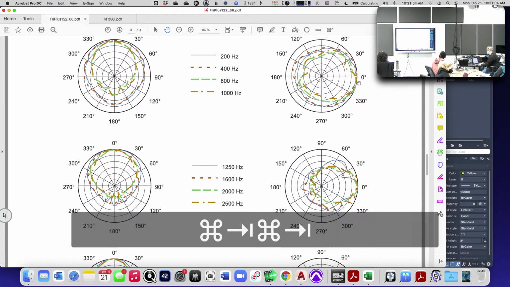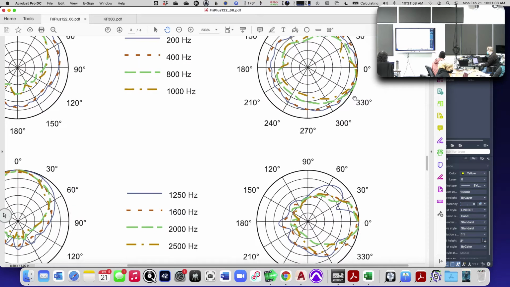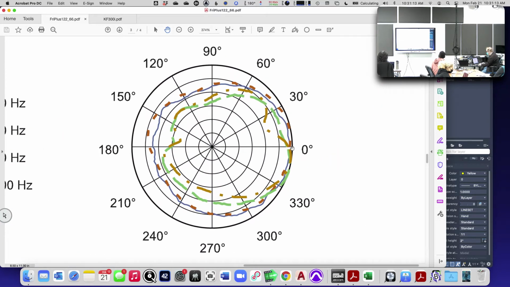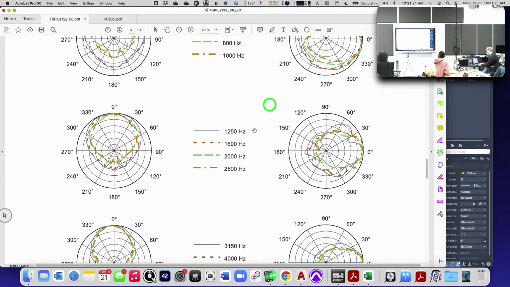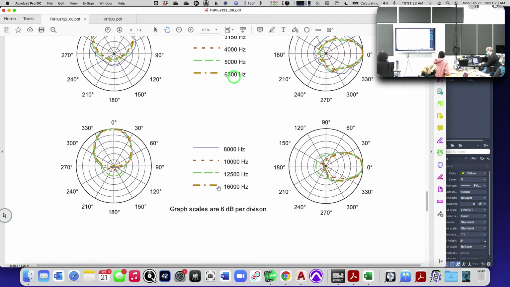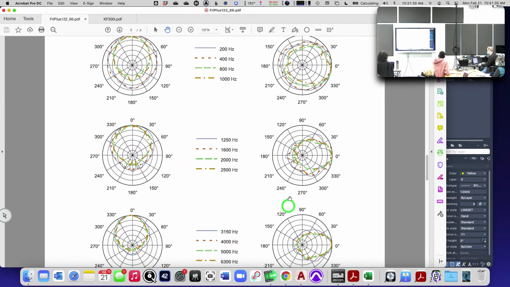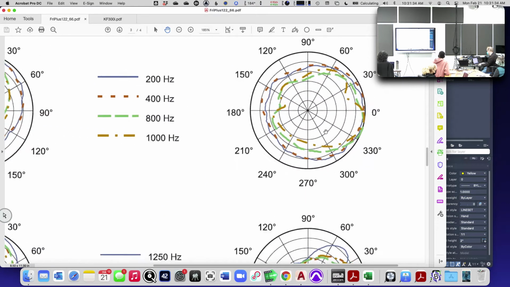So 33 degrees down, 1 kilohertz is the orange line. So here we go. This is the vertical. 0 degrees is the theoretical 0. And 33 degrees would be about here. So how much have I lost? Well, does it say how many dB per division here? 6 dB per division. Graph lines are 6 dB. So that would mean that